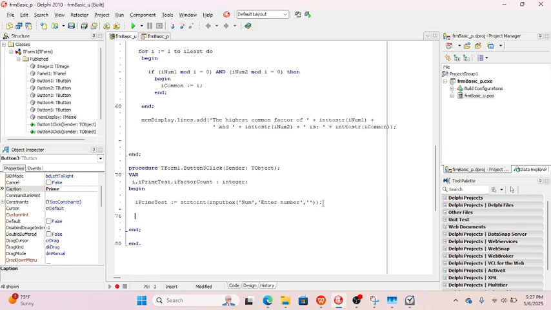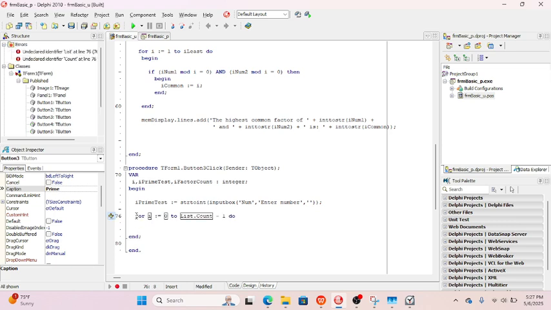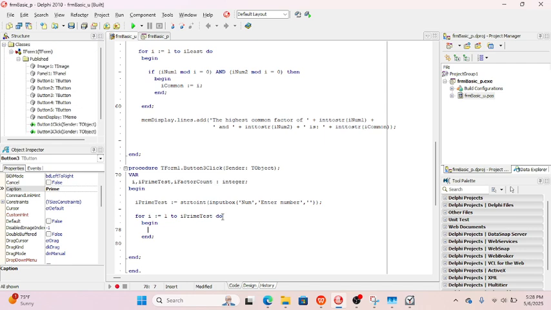Now, a prime number has 2 factors. So what I'm going to do is find all the factors of this number that they just gave us. I'm going to use a loop. For I is equal to 1 to this number that the user types in the box. For loop gets a begin and an end. Now how do I test if this I is a factor of this number? Use an if statement. So if